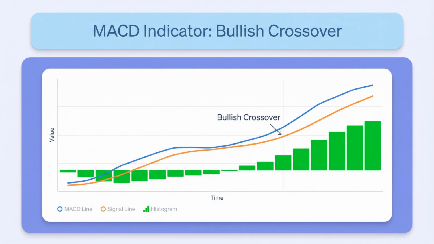A clear buy signal is generated when the faster 12-day EMA, which is often colored blue on charts, crosses directly above the slower 26-day EMA. This upward crossover indicates strong bullish momentum. Conversely, when the blue line crosses below the orange line, a red histogram appears, signaling a potential sell opportunity to